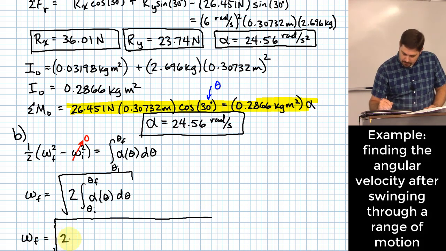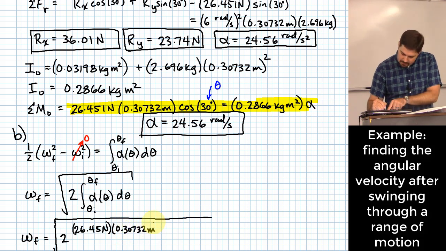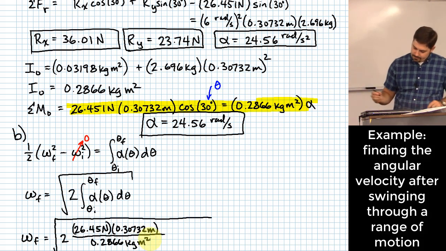I would have 2 times 26.45 newtons times 0.30732 meters, divided by 0.2866 kilogram meter squared